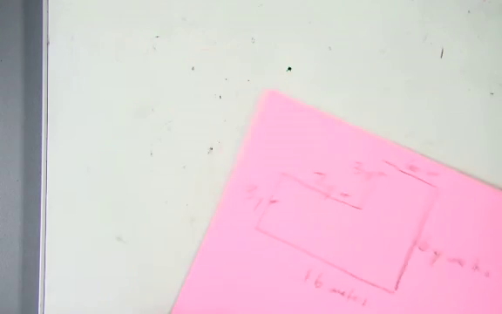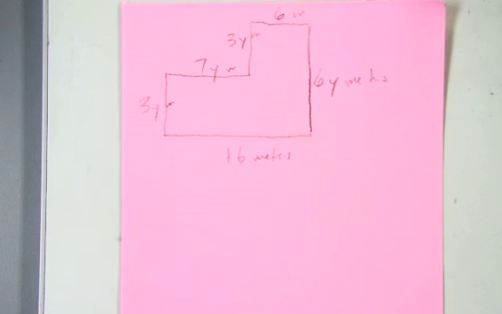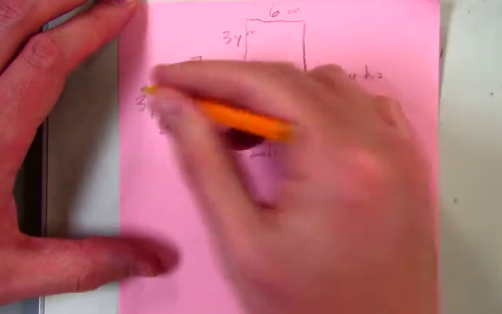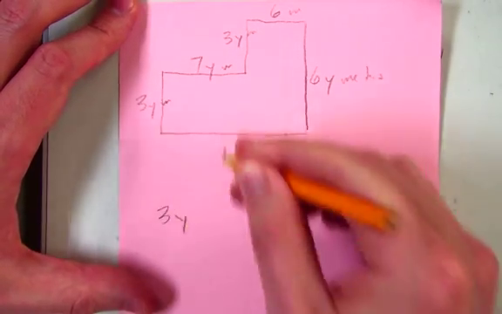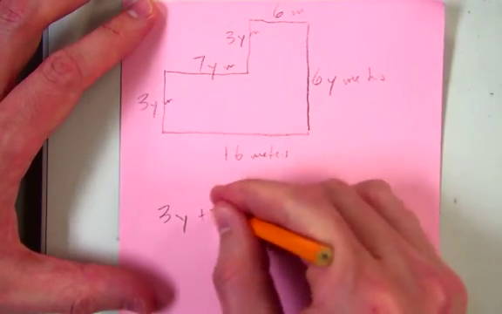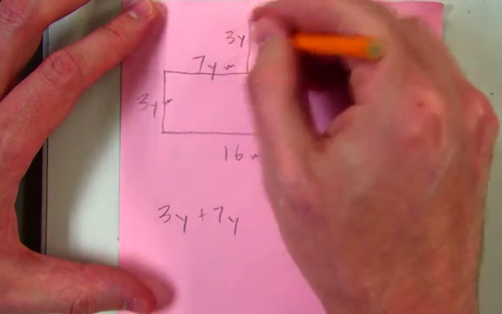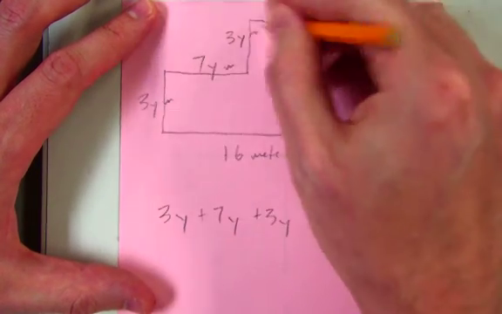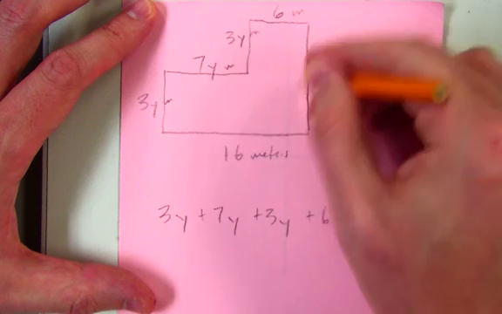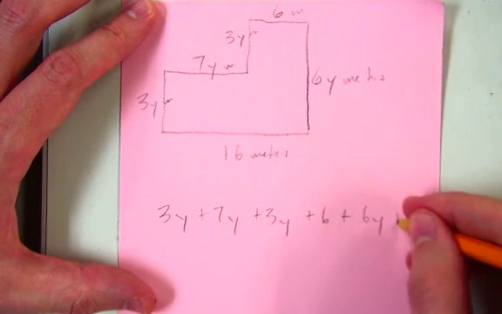All right, so one last little idea. We talked a little bit about perimeter, but sometimes you might have some variables in the terms of your perimeter. It doesn't change our approach, right? When we're doing perimeter for a shape like this, our rules say to add all the sides. So that's what we're going to do. I'm just going to go around the sides. So 3y meters plus 7y meters plus another 3y meters plus 6y meters over here plus 16 meters